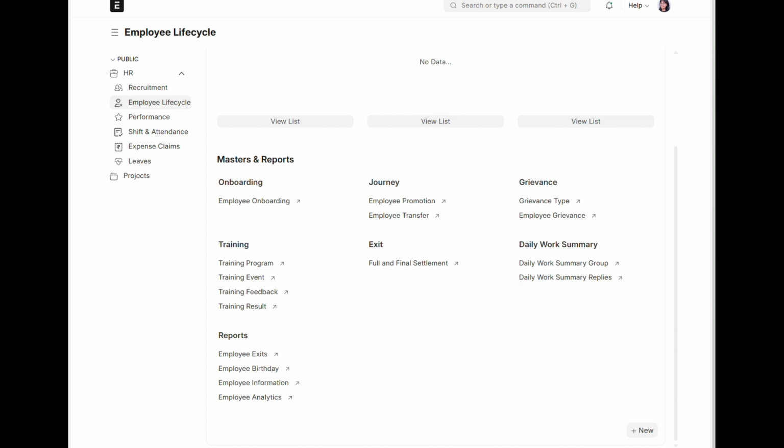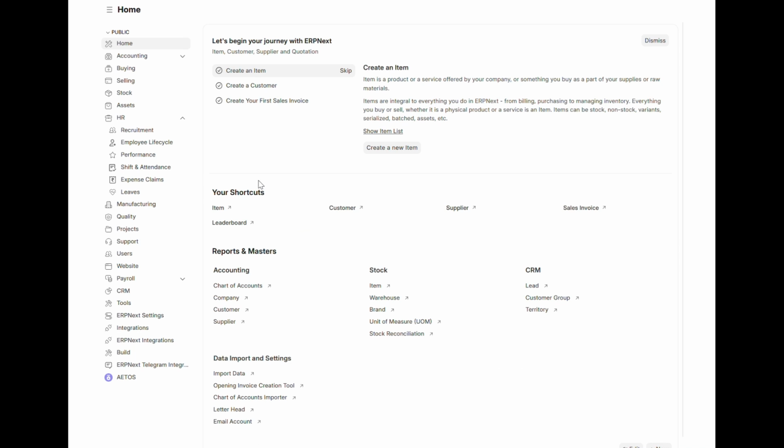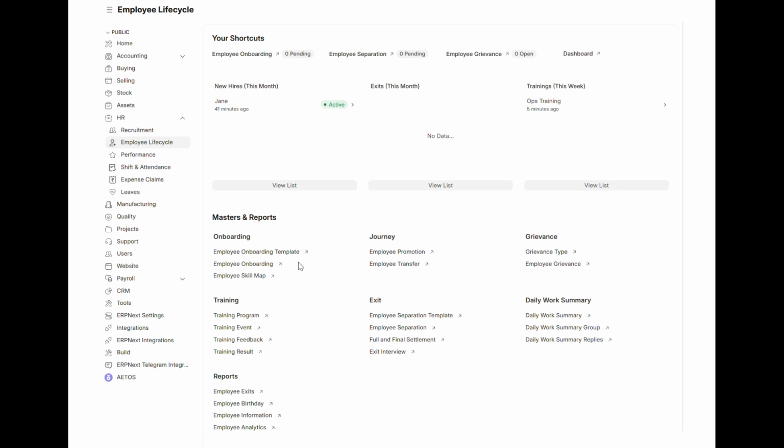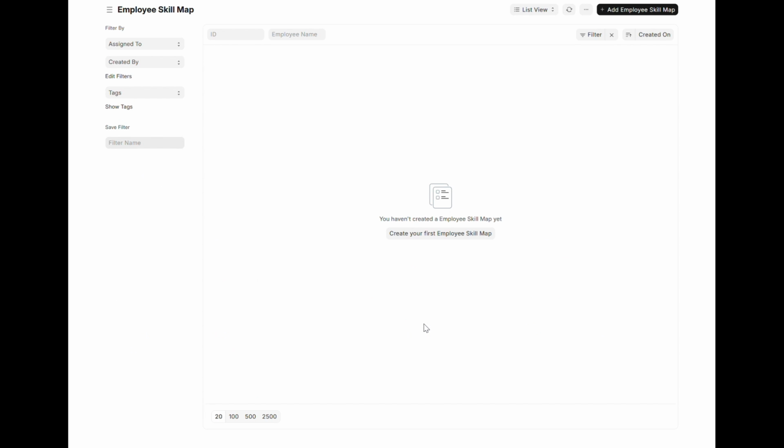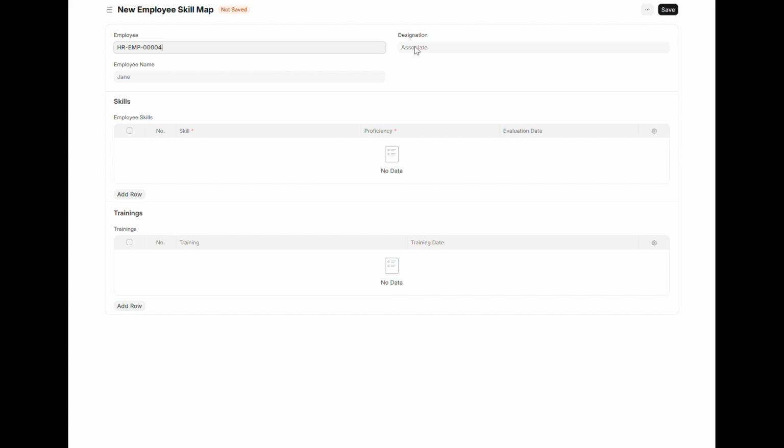So for here, go to the setting under employee life cycle, employee skill map, whereby we can create a skill map for Jane. All her details come out automatically, and then we want to add the training that she has attended,